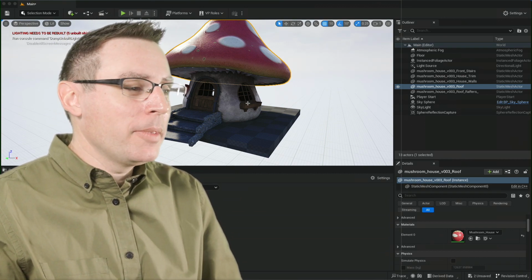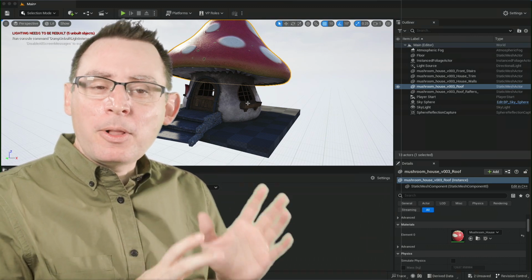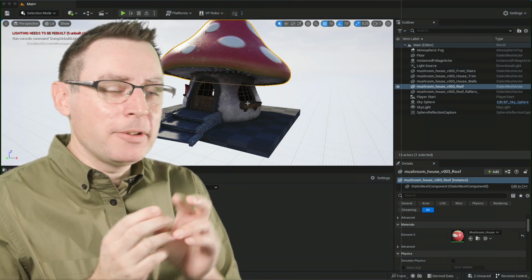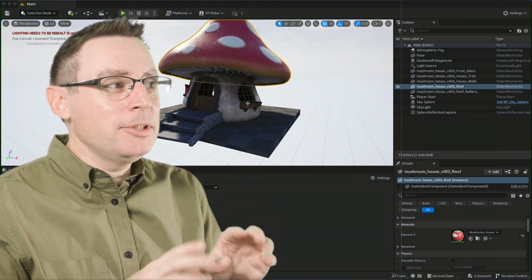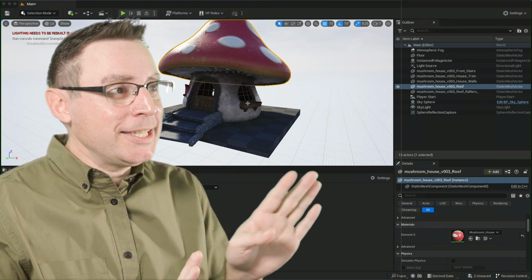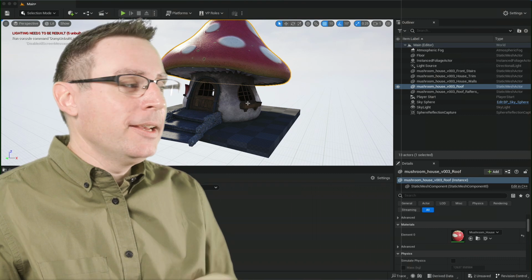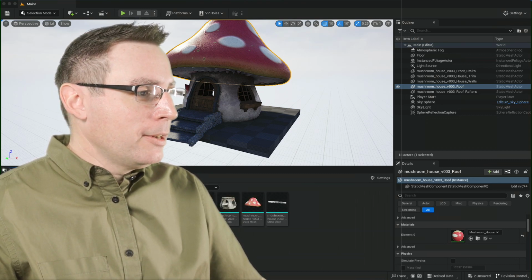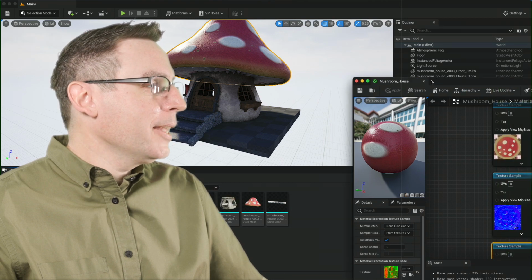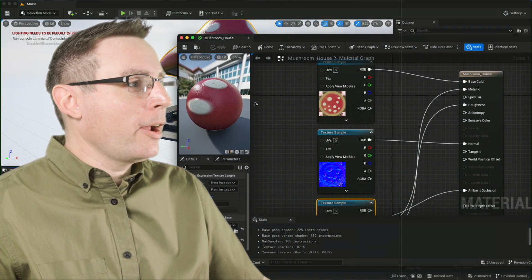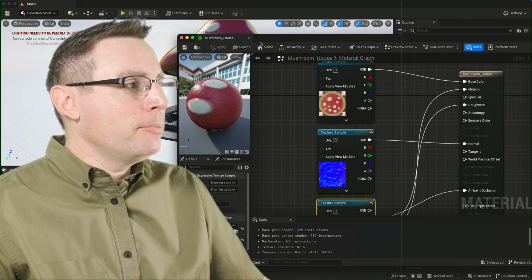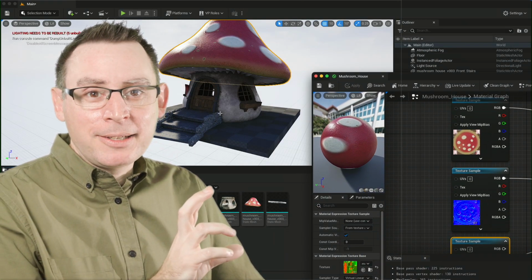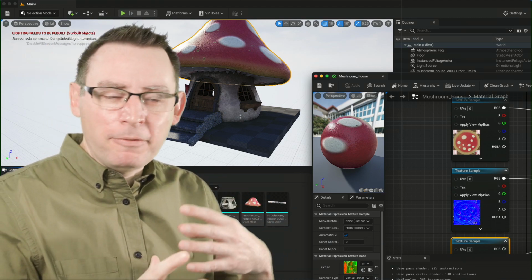Once we import the textures, we apply all those textures into the material itself, make the connections within the nodes, hit the save button. You're not going to see it happen until you hit that save button in the material. This is a part that folks tend to forget from time to time: once you make a change to your material graph, you've got to hit that save button in order for it to be compiled, saved, and applied back to the mesh itself. It's not kind of live, if you will.